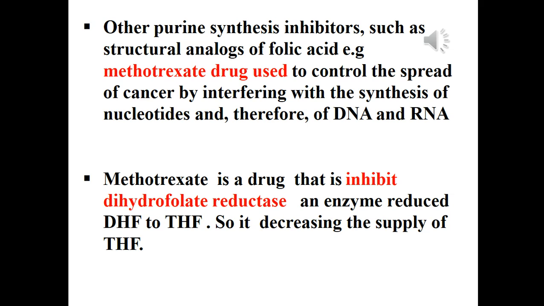As a result, there is a decrease in the supply of N5-N10 methylene tetrahydrofolate, that is used as a source of methyl group and coenzyme for thymidylate synthase enzyme. So it will interfere with the synthesis of thymidine monophosphate and thymidine triphosphate, which is the most important building block, especially for DNA. And also to affect all rapidly growing cell, not only the cancer cell, every rapidly growing cell,